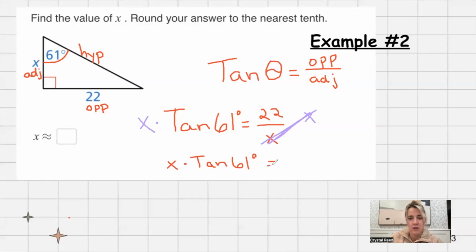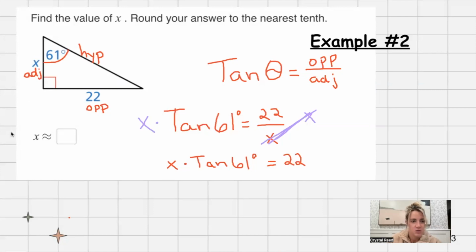equals 22. And I want you to think of tan 61 not as 61. Tan 61 is a ratio. It's a number in your calculator. Okay. And so in order to now solve for that x, think of it as like 3 times x or x times 7 or something like that. It's a number. You can find what that number is by plugging in your calculator right now. You can type in tan 61 and find that decimal. Or we can do it at the end, which does make things a little bit easier, especially when you're using